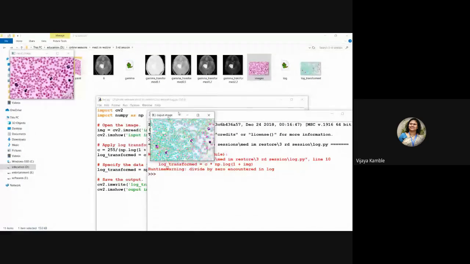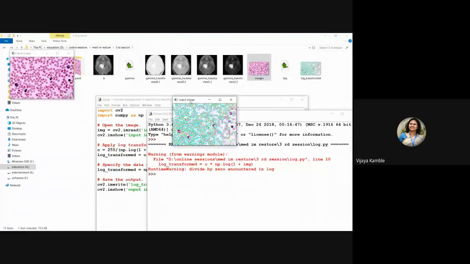Sir, may I interrupt you? I have one query. Just now you said that some of the transformations are not available for medical images. My professor from IIT also used to tell us not to use such kind of enhancing techniques for medical images, because doctors do not touch the enhanced or processed images.